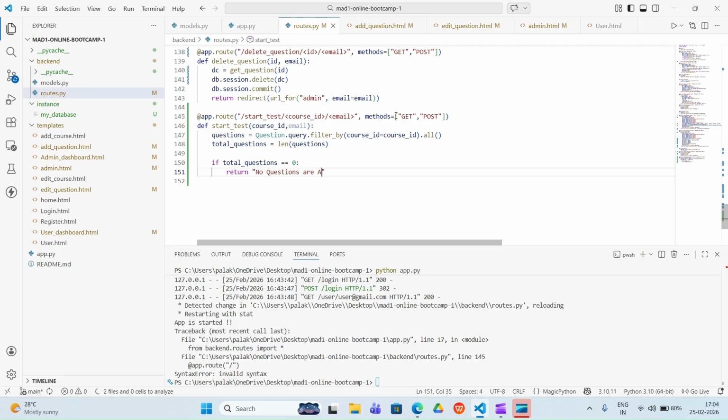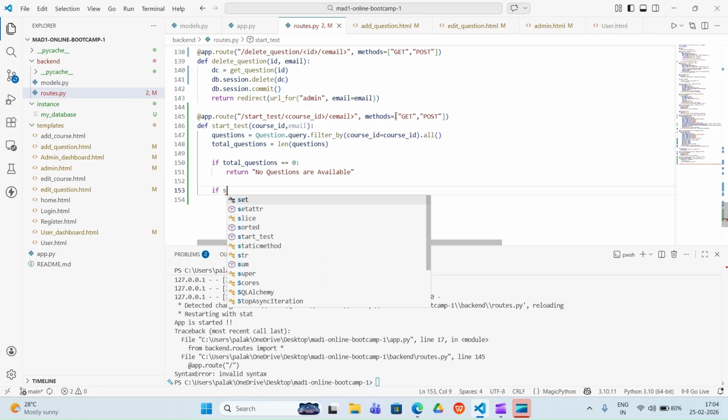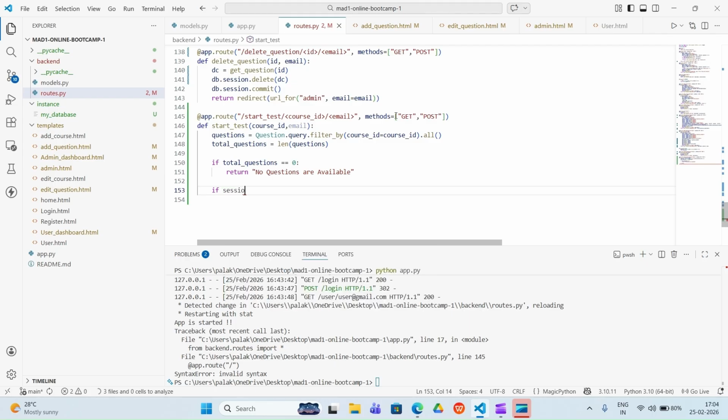You can write no questions available or anything. Okay, and you can also write another thing, that is session, so we require here session. Basically, a session is a small packet which contains information, and when you require it, it will give that particular information to you.